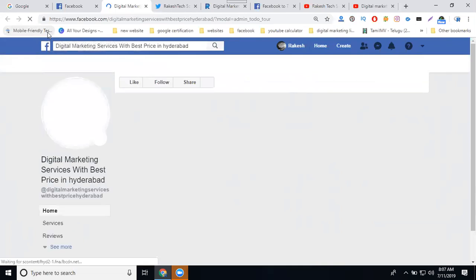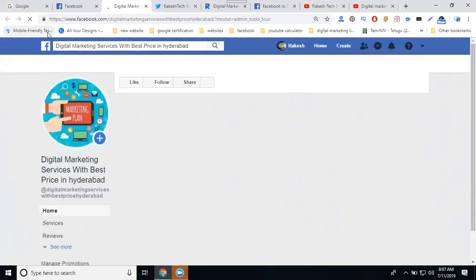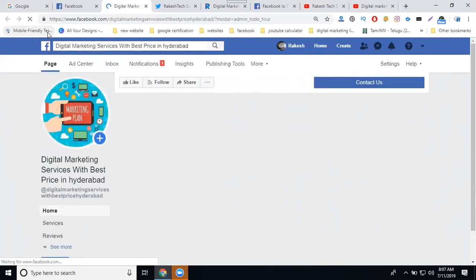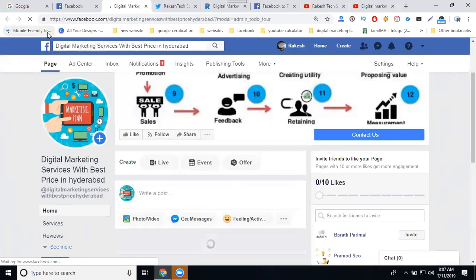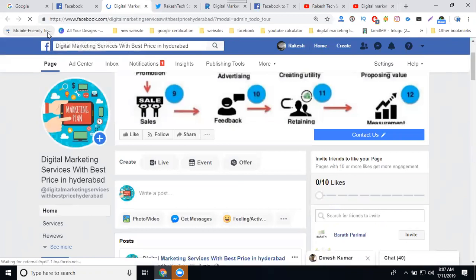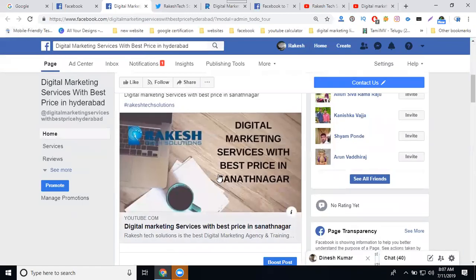Only YouTube links, any video market link, any blogger link, any WordPress link, or any website link you are promoting will be supported. See this.